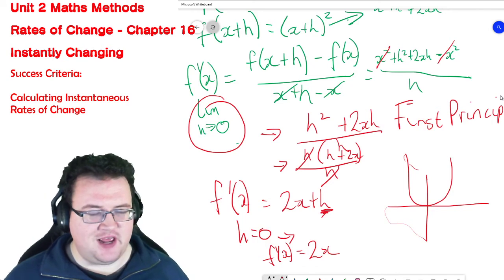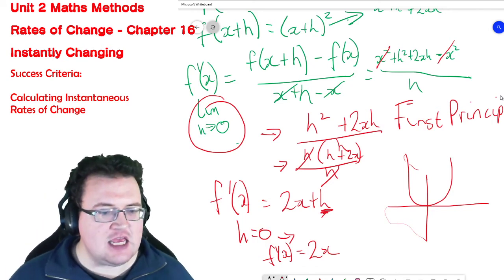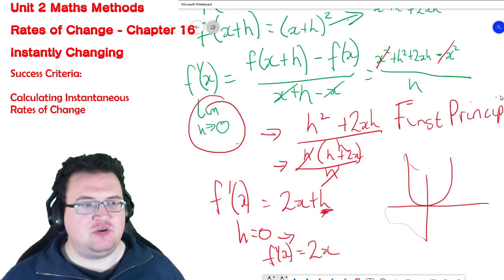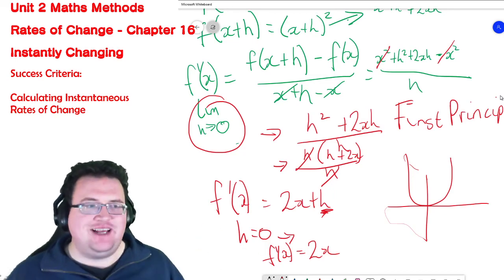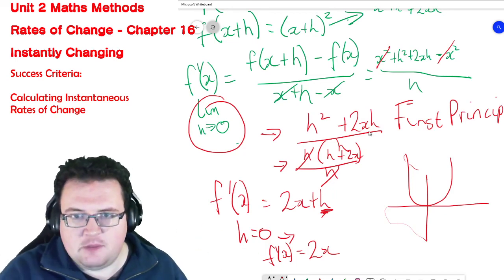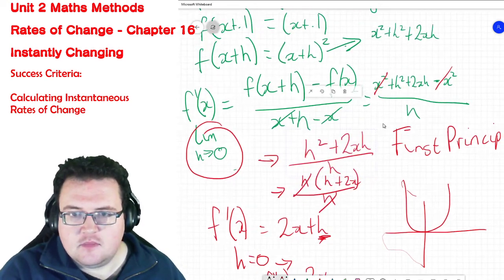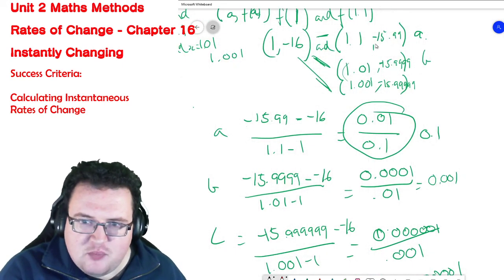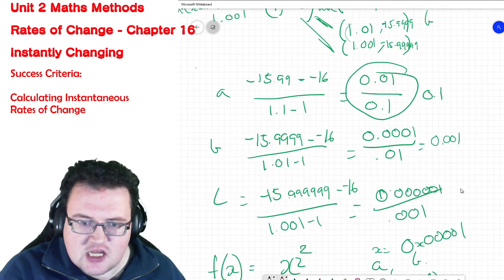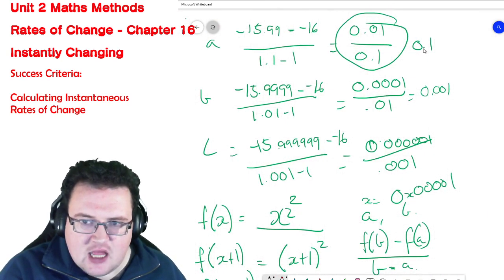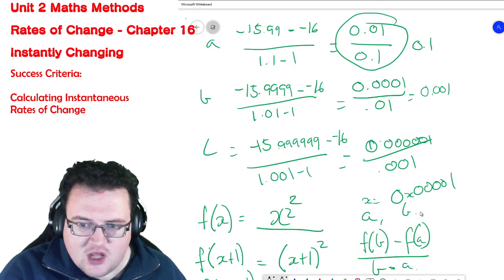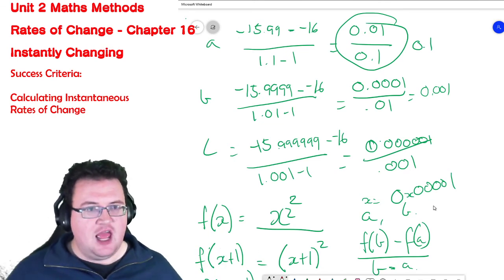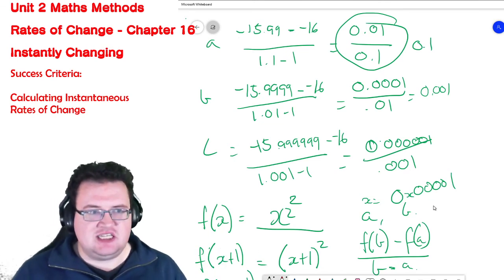So this should be what you need for 16E, where they are talking about instantaneous rates of change, where the gap between the 2 points might as well be 0. Because as you can see from up here before, as the gap between the 2 points gets less and less, the gradient between those points is getting ever smaller. If I keep going, all that's going to happen is I'm going to get more and more zeros on there, and at some point I might as well just accept that